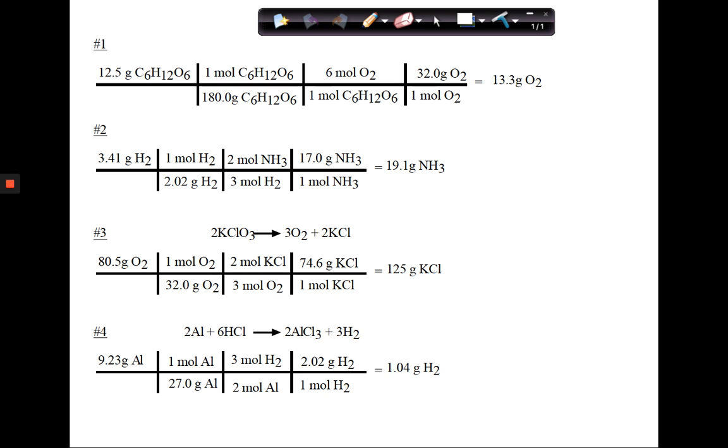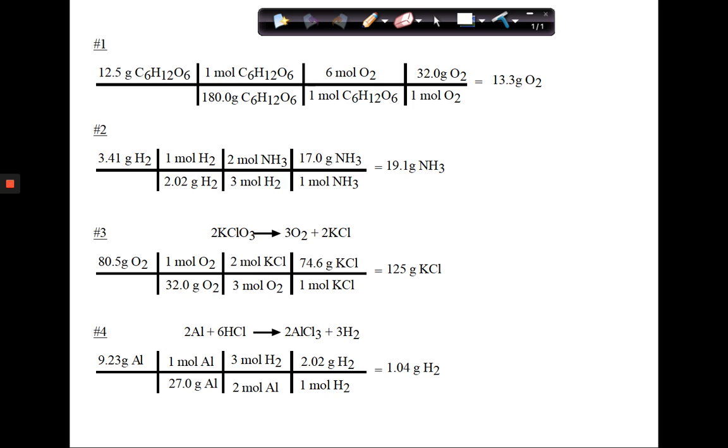So looking at the homework assignment itself, for example, if you read number 1, it says glucose is used as a source of energy, the overall reaction is. And then it says calculate the number of grams of oxygen. So that immediately tells us our goal: we're solving for grams of oxygen. So now we need our starting point. And it says calculate the number of grams of oxygen needed to oxidize 12.5 grams of glucose. So the number becomes our starting point. We start with 12.5 grams of glucose, we set our goal at oxygen,